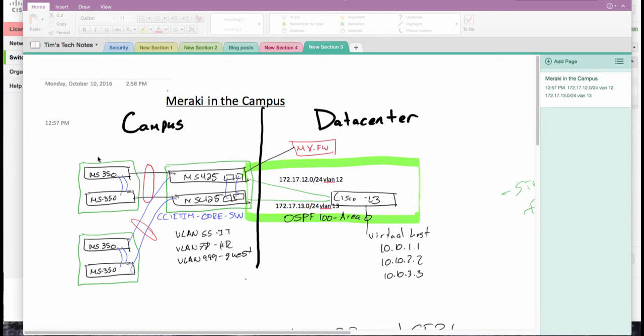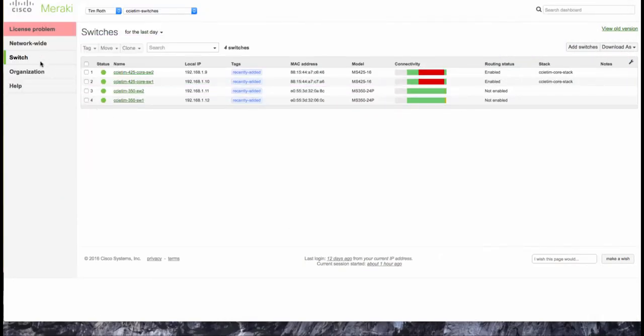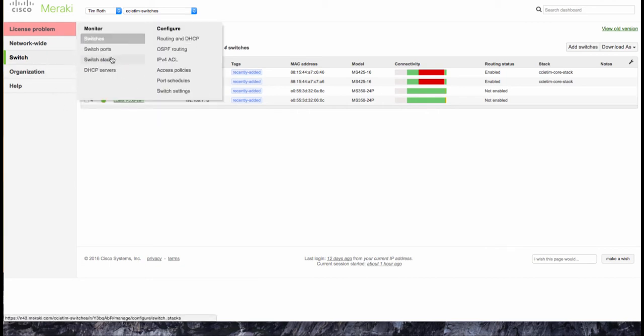In this video, I'll show you how to configure a Meraki MS350 stack in the closet, as well as how to build an aggregation link between the 350 and the 425. In this lab topology here, you can see I've already created a 425 stack. We've called it CCIE TIM Core Switch, and we have a default route to the internet or our MX firewall. So first, let's jump into our Meraki dashboard, and we'll go to switch stacks,